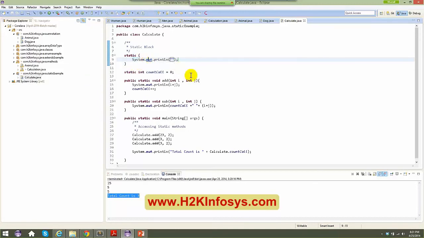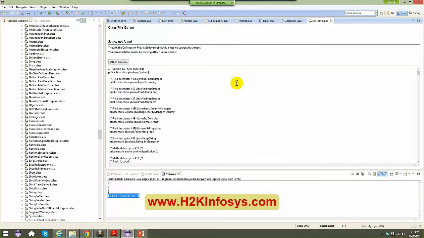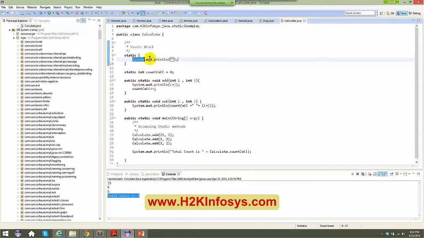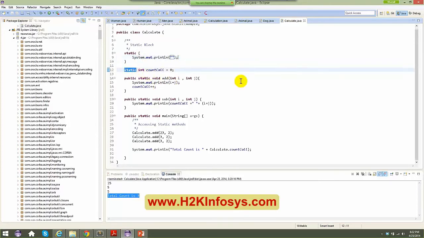And why am I able to access the system.out? If you open this, you can see out is a variable which is present in java.lang.System, and this is also static. For that reason, I'm directly able to access the variable system.out. Now, as you know, in the example here, if this is not static, if you remove this,